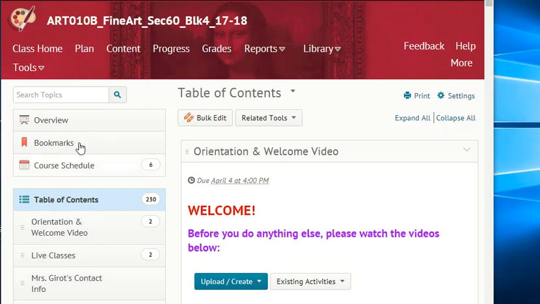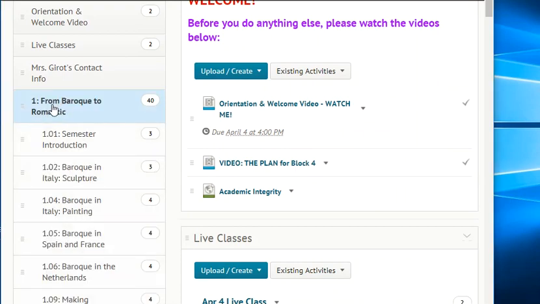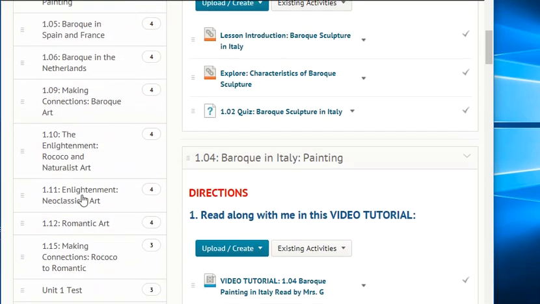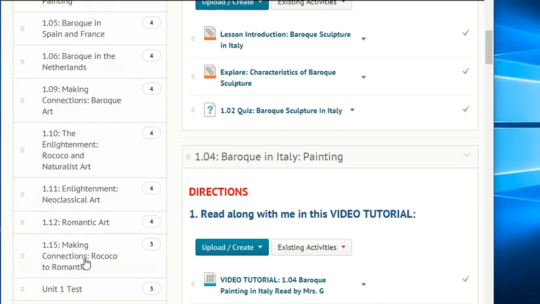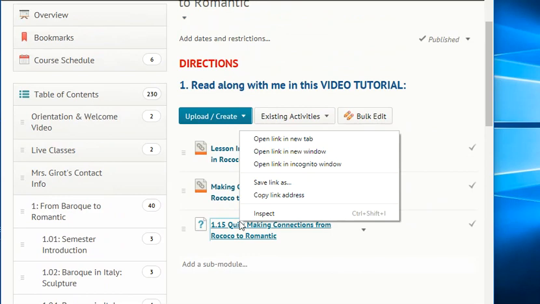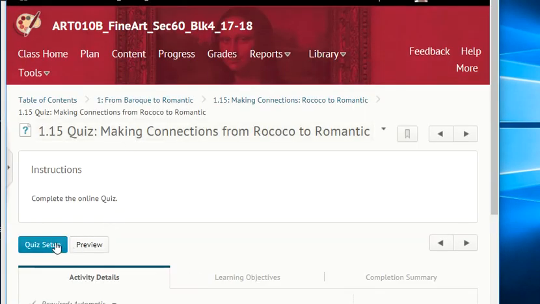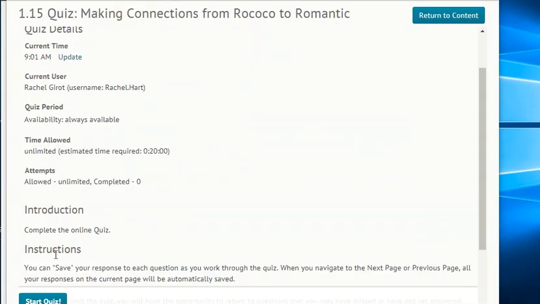Welcome back. We are in the content. In the table of contents, we're going to click on Unit 1 and look for 1.15, Making Connections, Rococo to Romantic. Right-click on your quiz, open that link in a new window, get that quiz